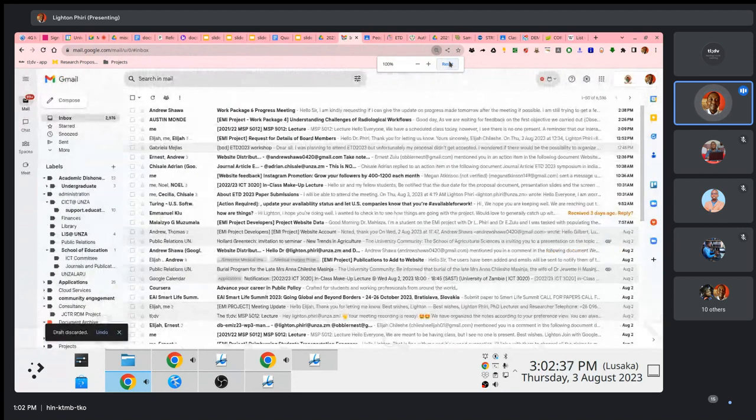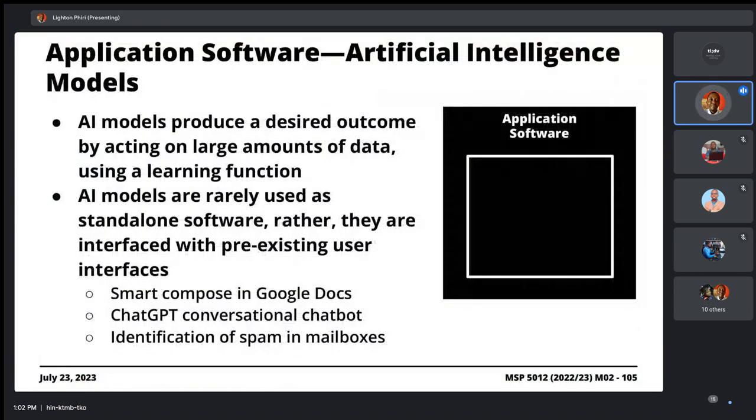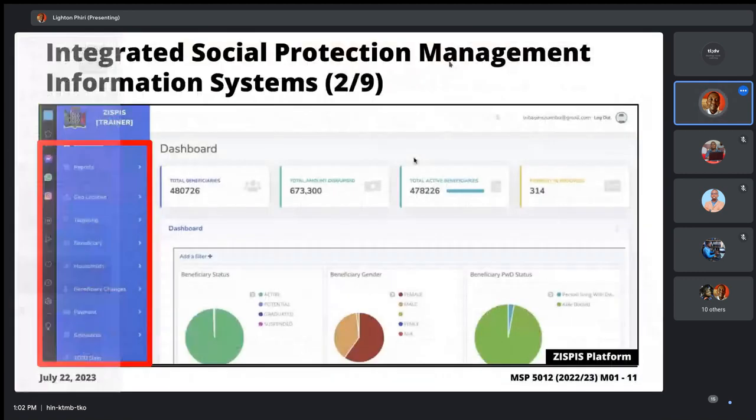It will autocomplete. In my case, most of the time when I type hello, it knows that it expects me to type everyone. So those words will automatically be generated on my behalf. So these are AI-based models. And I know that maybe in applications like this one, these features may not be implemented already, but it is possible.